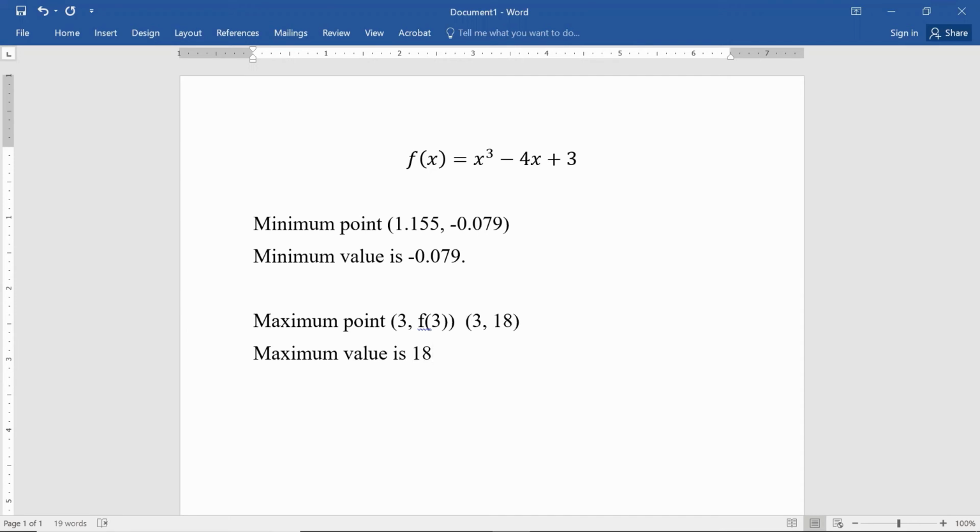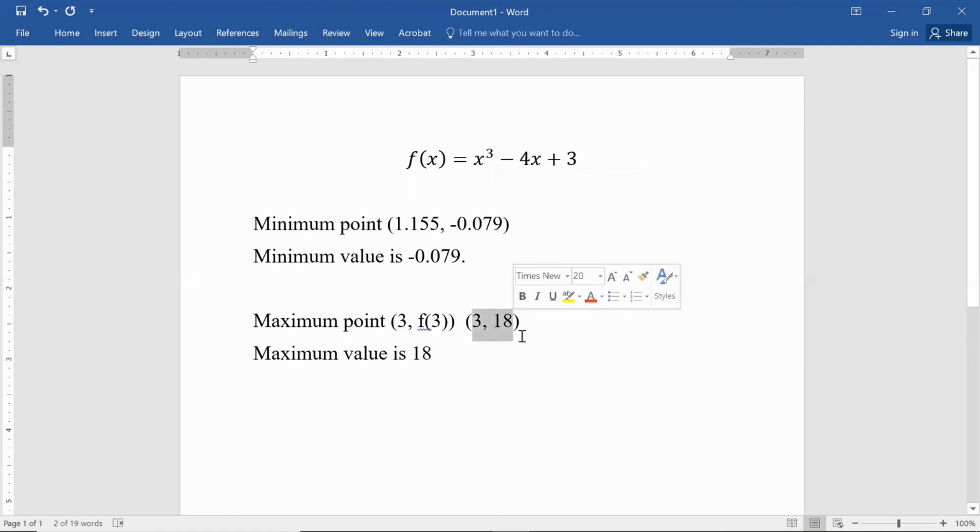You can see that the maximum value is always going to be the maximum output value. The same is true for the minimum value. It is the minimum output value. One of the downfalls of trying to use a graphing calculator to do these types of problems is that these points don't always come out precise. Obviously, our maximum value came out pretty precise. We could get that one.